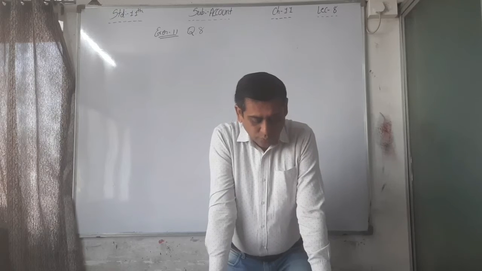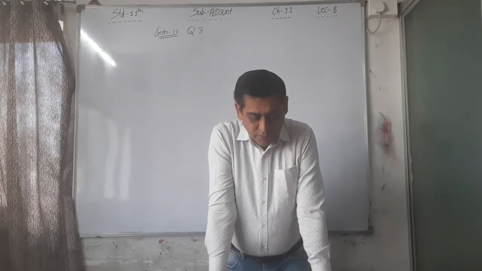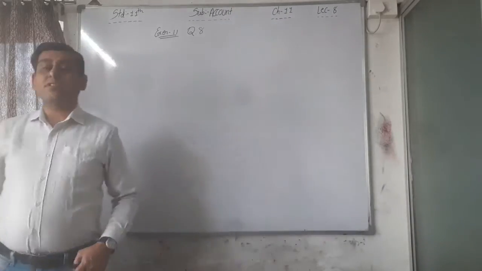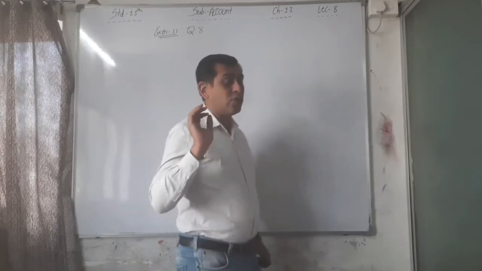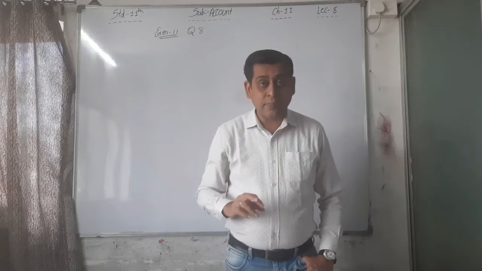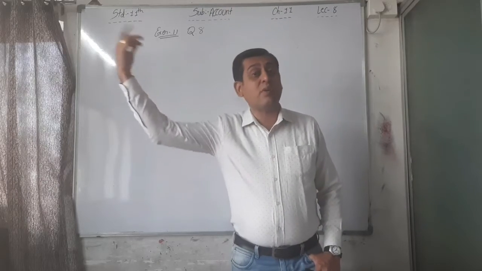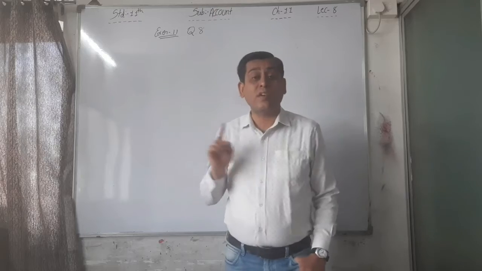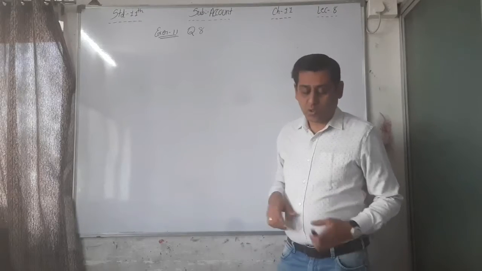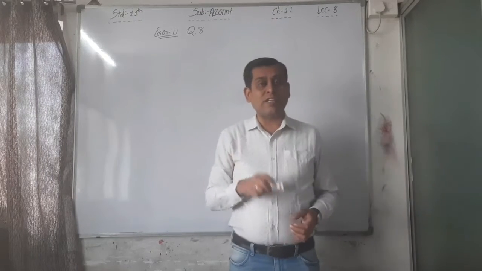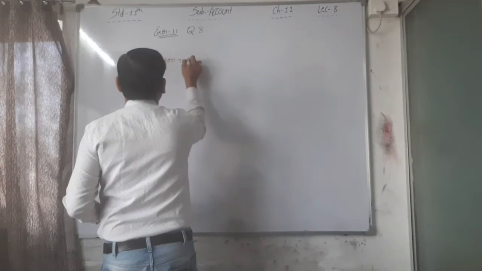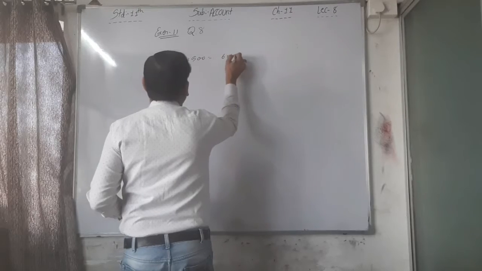But the last two, 4600 and 1500, are recorded in the month of January. Here we are doing the bank reconciliation statement for the month of December, that's why on the last day, 31st December, we are doing it. But these two checks are credited in the month of January, after the bank reconciliation statement date, so these two checks must be recorded in the BRS. So what is the amount? Make the total, 4600 plus 1500, so 6100.